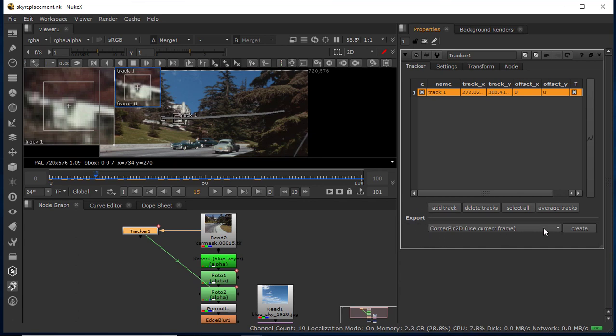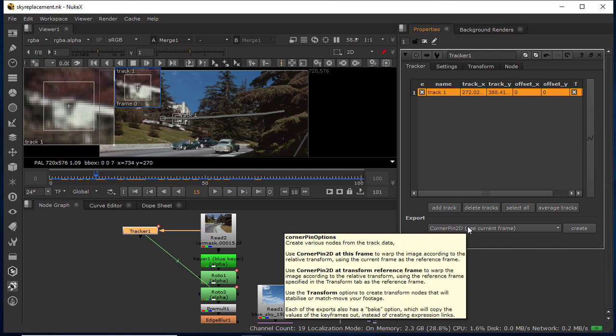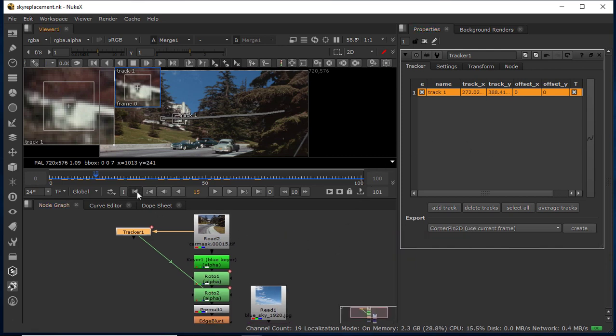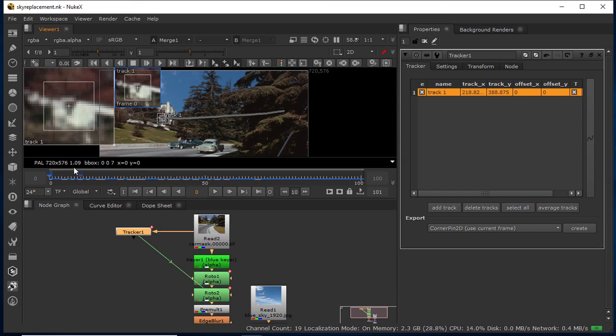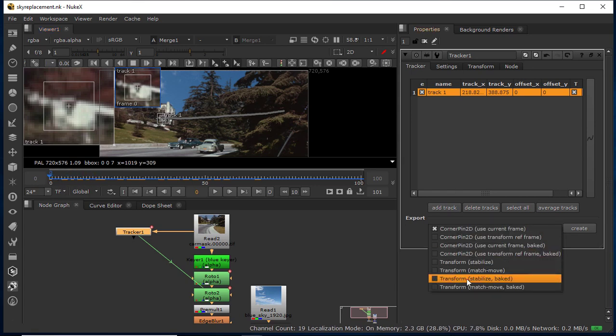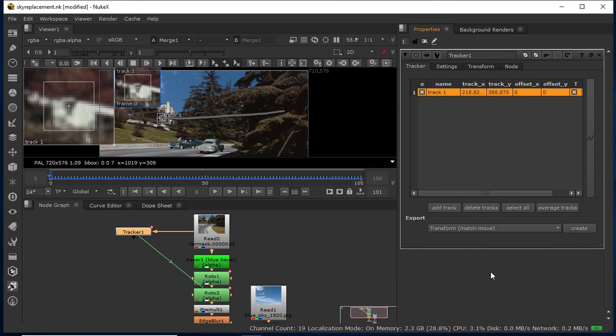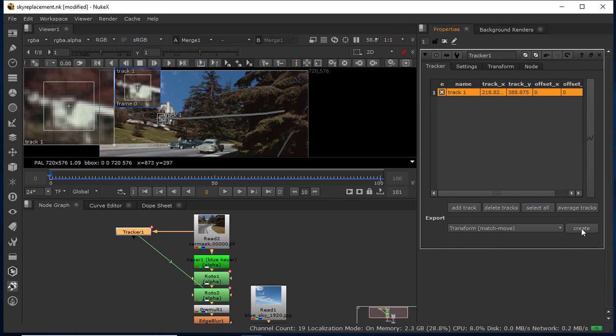From here I am going to export our tracking data for our sky. Come to frame 0, the starting frame of your timeline. Here you will see a parameter called transform match move. You have to use this one because we have to match both motions. Select this one and click on create.